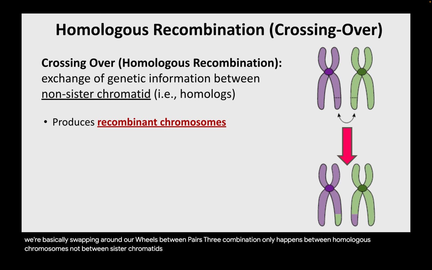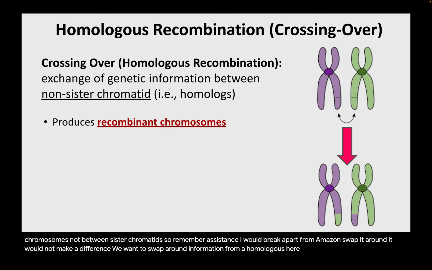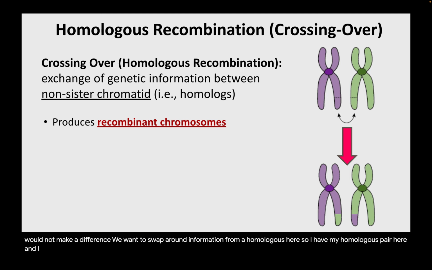Remember, a sister chromatid is either side of that X. If I were to break apart the chromosome and swap it around, it would not make a difference because they're identical to one another. Rather, we want to swap around information from a homologous pair. So if I have my homologous pair here and I decide to swap segments, I might get a result that looks something like